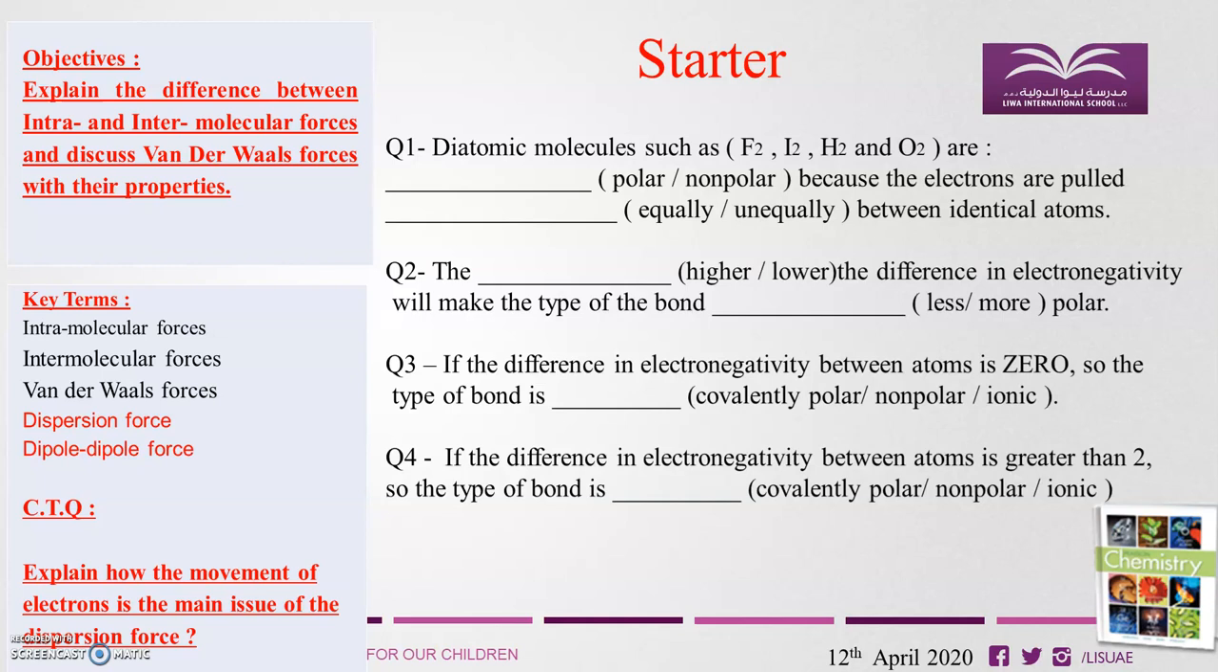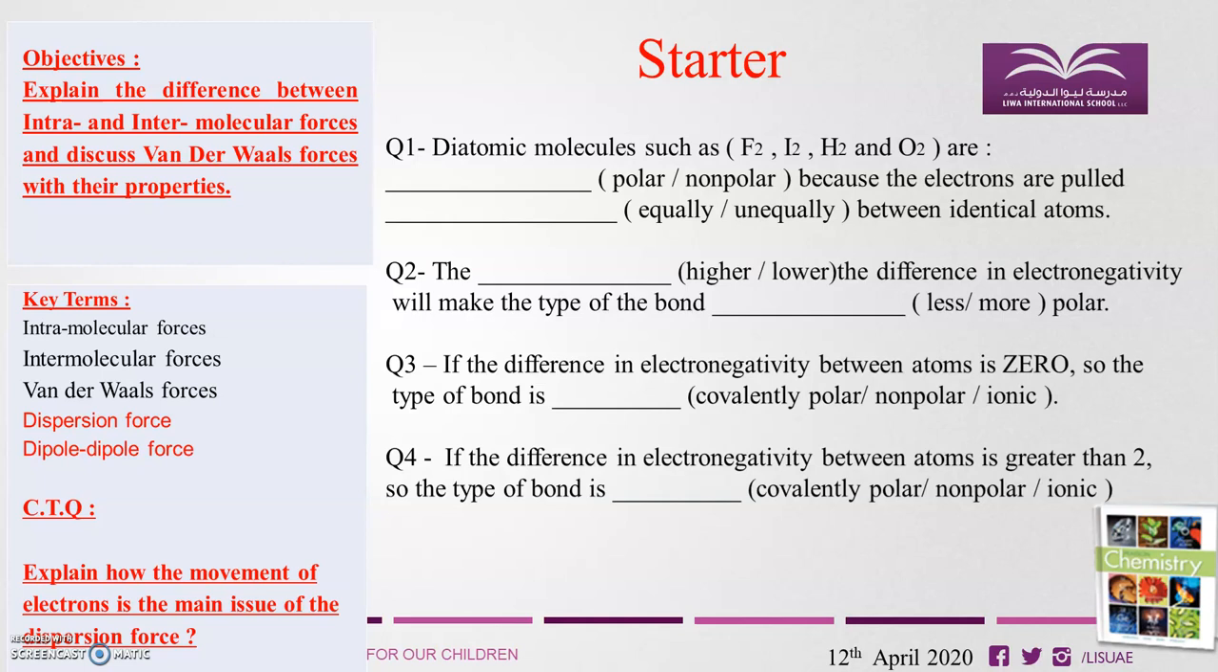Question number 1. Diatomic molecules such as F2, I2, H2, and O2, are they polar or not, according to the previous lesson? Because the electrons are pulled equally or not, and these are identical atoms. Number 2. The higher or lower the difference in electronegativity will make the type of the bond less or more